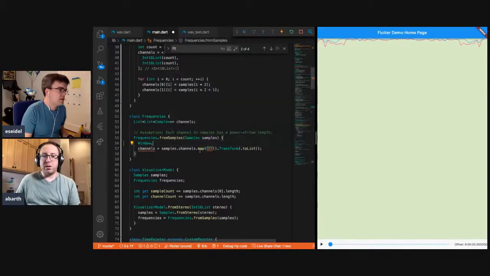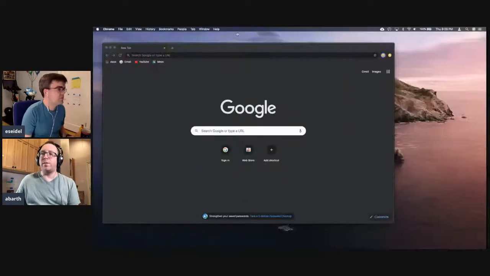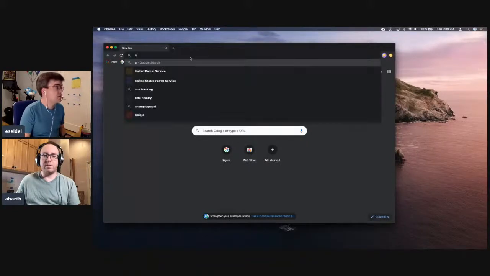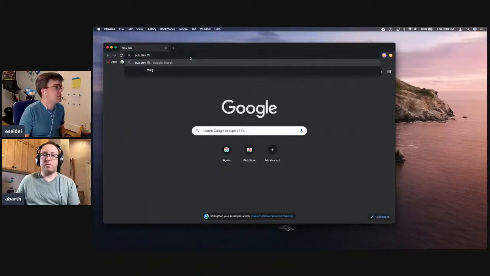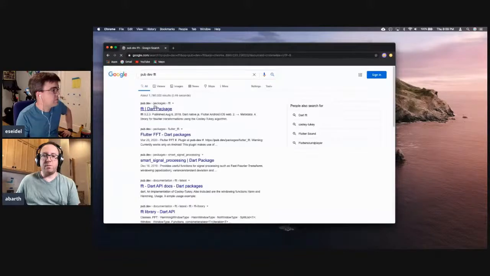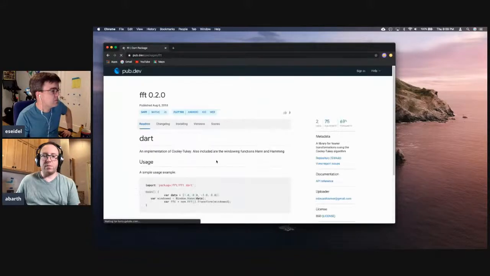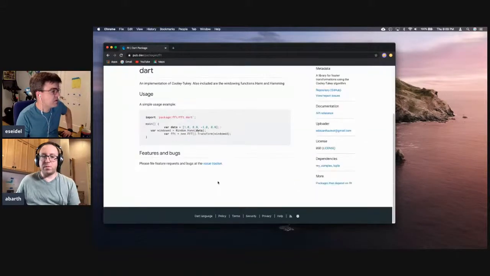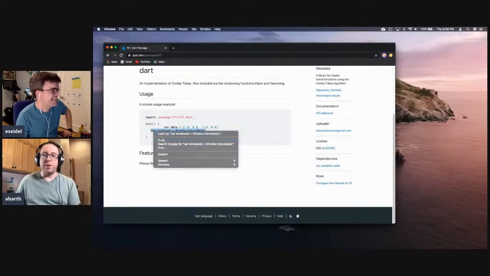Where would I find those docs? I can just, if you just go to pub.dev and go to the FFT package. So when we tried this before, their sample code does not compile. Their sample code is not legit. But if you go to their API reference,